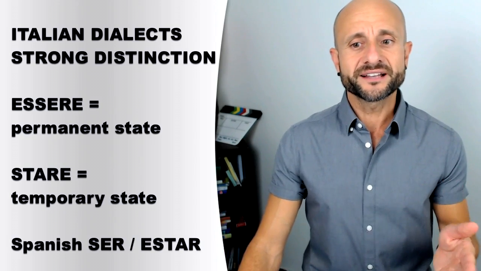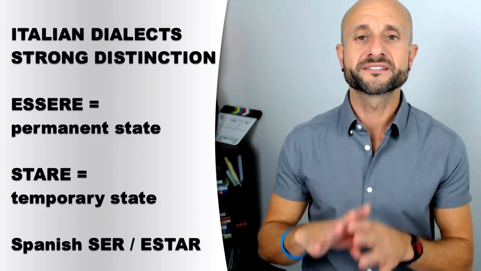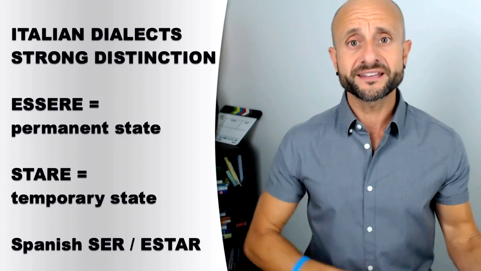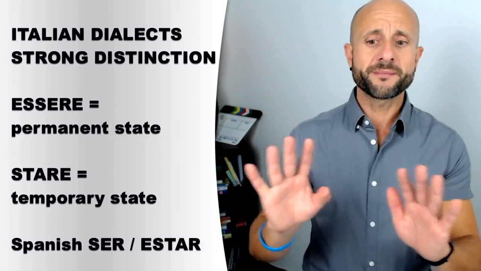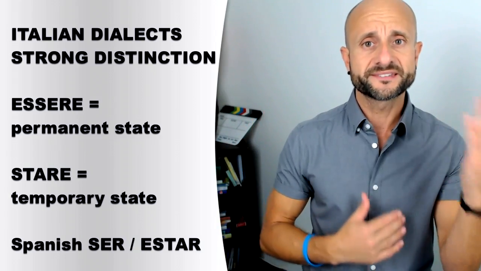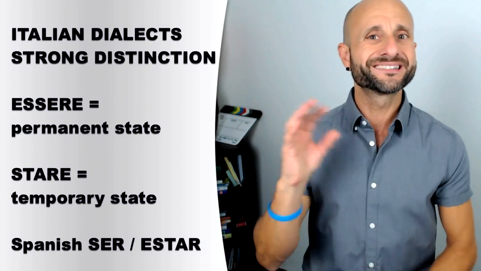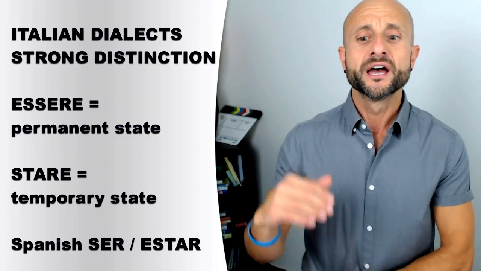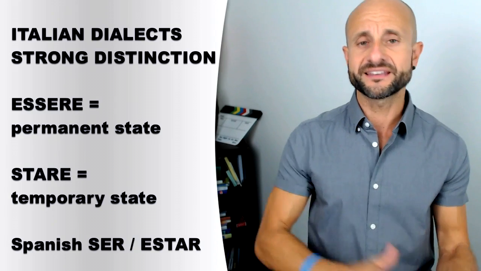But in Italian, in the Italian dialects, there is a strong distinction between essere, meaning permanent state, and stare for temporary state. Almost the same as in Spanish, ser and estar. Now, it's not quite as extreme, but it's the same idea. So many Italian dialects, especially from the south of Italy, will have that distinction, essere for permanent state and stare